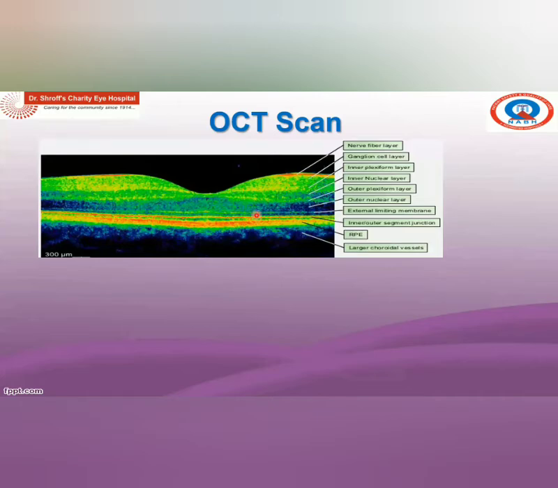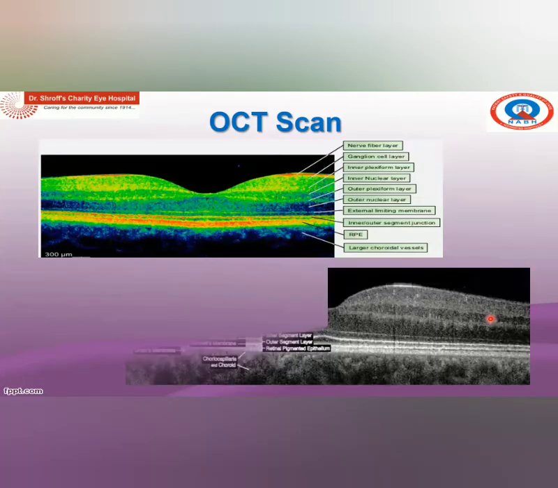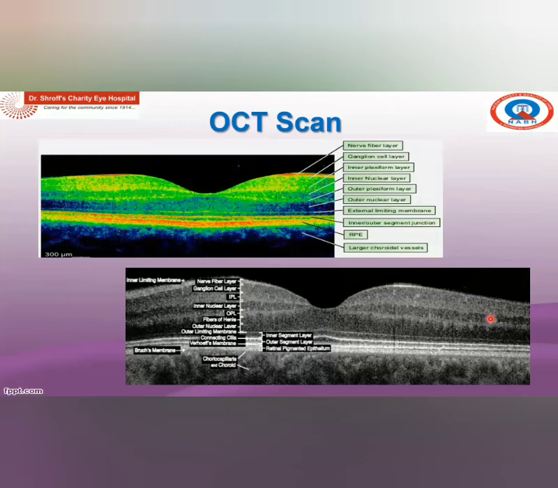Similarly, if we are taking an HD scan, and suppose we are seeing this scan, see how much these layers are differentiated. It is much easier to differentiate different layers in a black and white scan. Like in the color scan, the top 2 layers are merged. Here you can differentiate. This is 1 layer. This is 2 layer. This is 4. This is 5. This is 6. This is 7. This is 8. This is 9. This is 10. You can differentiate even all 10 layers of the retina.